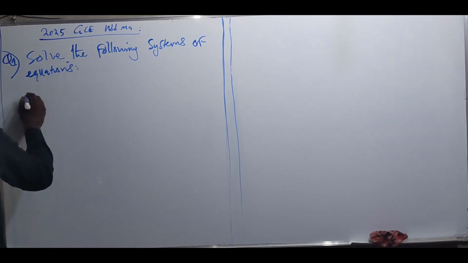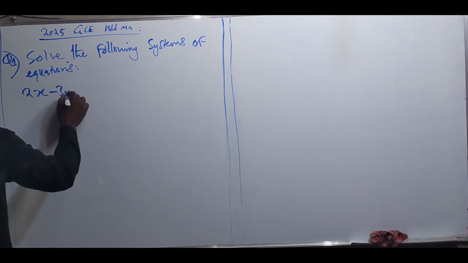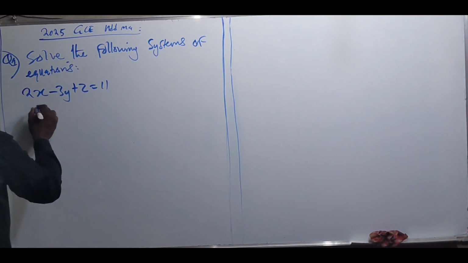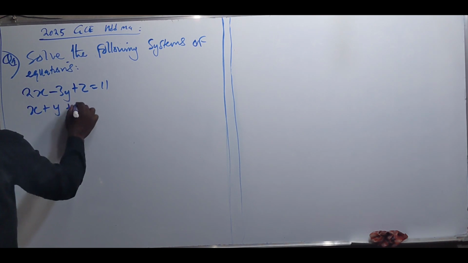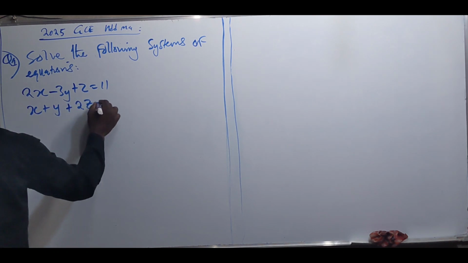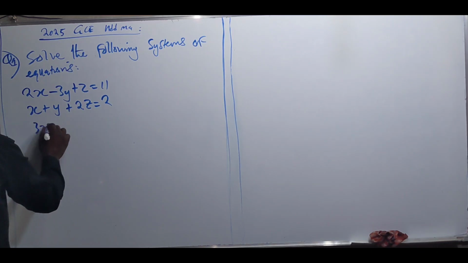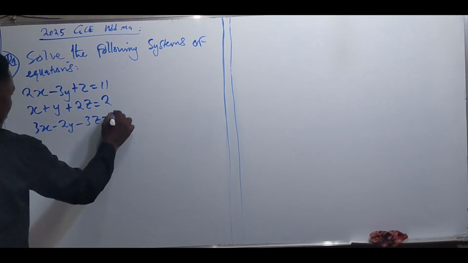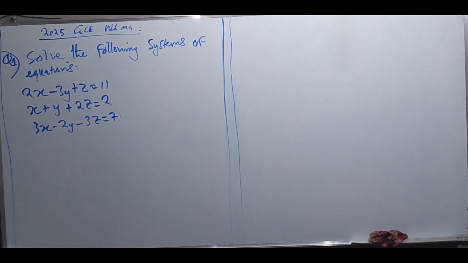We have 2x minus 3y plus z is equal to 11, x plus y plus 2z is equal to 2, 3x minus 2y minus 3z is equal to 7. So here we are going to say,